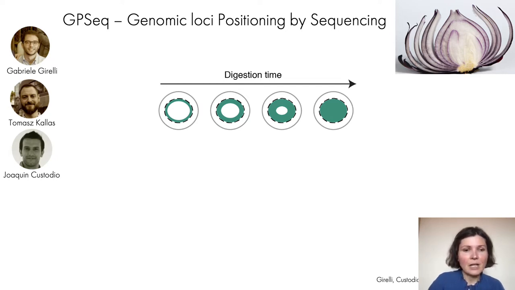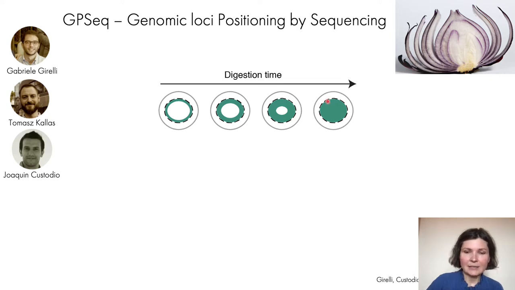enzyme. We rely on gradual diffusion of a restriction enzyme through a meshwork of fixed chromatin in cells, whereby if we treat our material for a very short duration of digestion, the enzyme should digest only the very outer layer of chromatin. If we let the cells sit for a longer period of time with such an enzyme, the enzyme will go a little bit deeper and digest a thicker layer of chromatin, always starting from the periphery, and eventually it will go all the way to the center of the nucleus, and the whole volume of the nucleus will